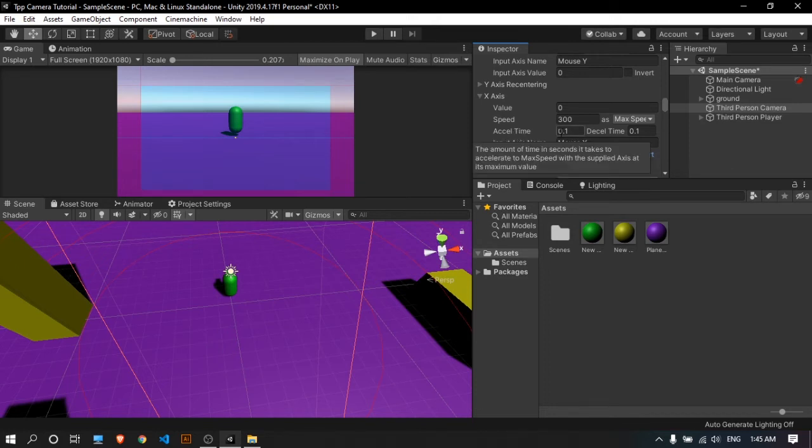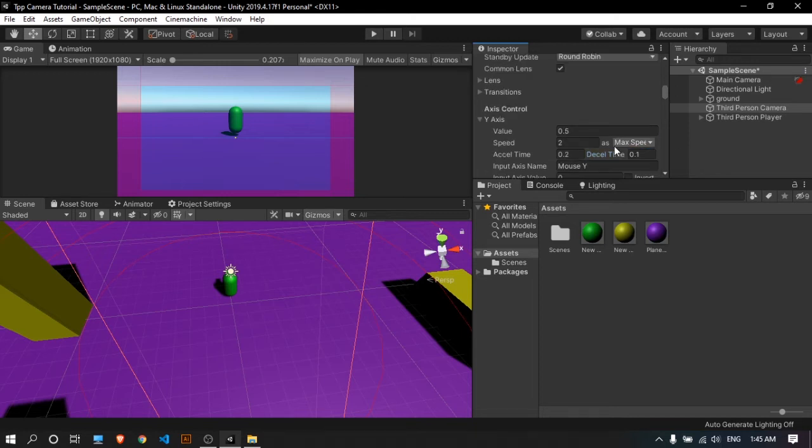Now you see this axis damping, which by default is 0.1. It is how fast our camera looks around with our mouse. So I'm just going to change this to 0.01. Same over here, and we are going to do the same on the y-axis too.